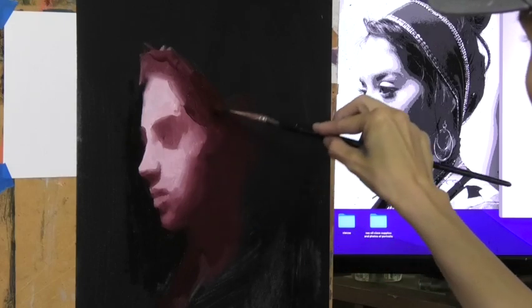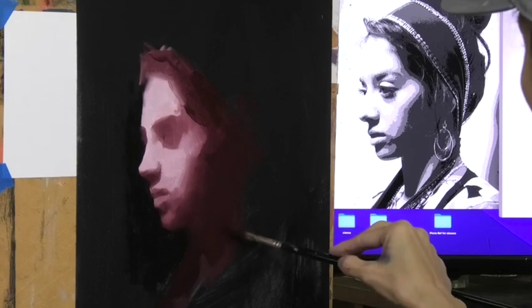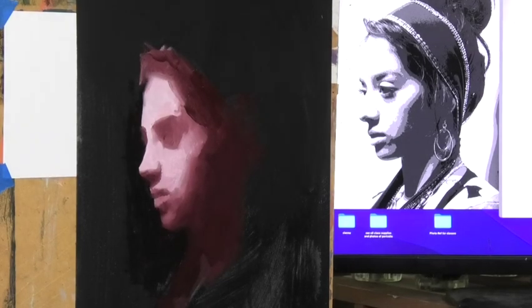All of this, I consider one shape. People would want to give so much information in here, and I'm just going to say, no, I'm just going to give it one big value. Only at the very end, how much am I going to edit? Just at the very, very end will I say I need one little accent here or there. And so I'll put my brush up and see exactly maybe where the back of the head comes,